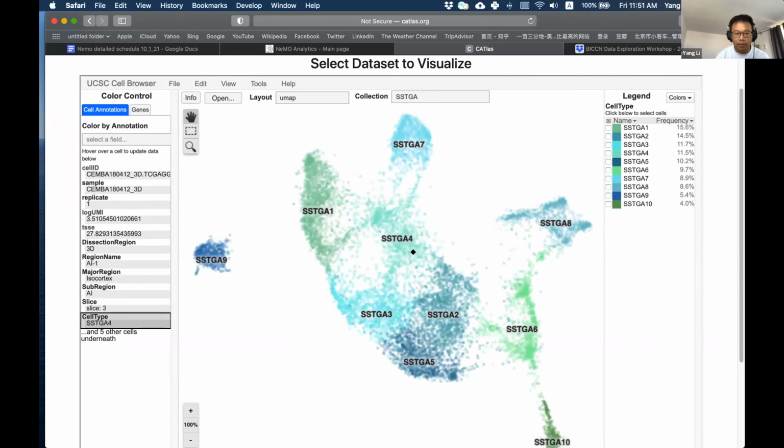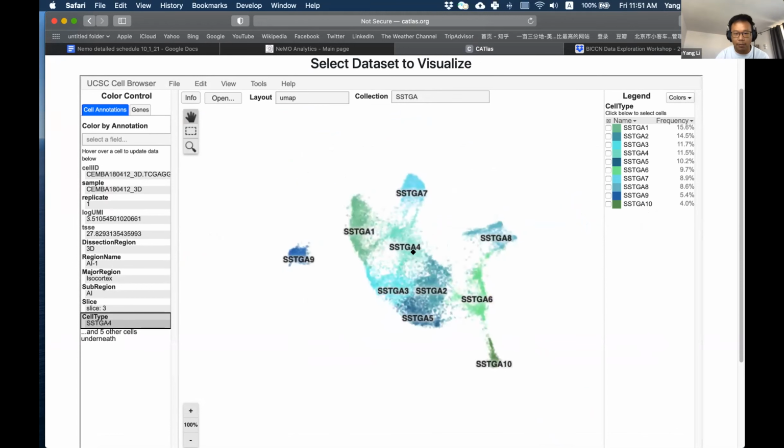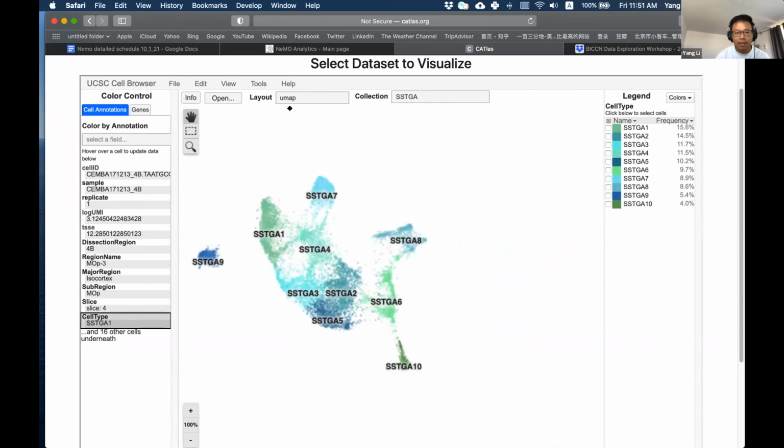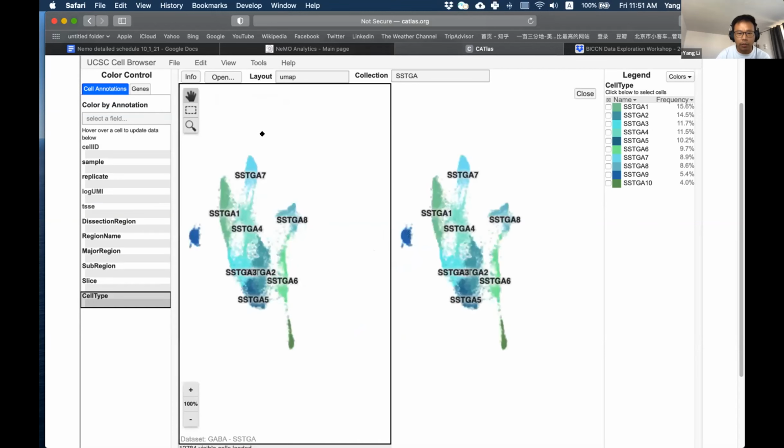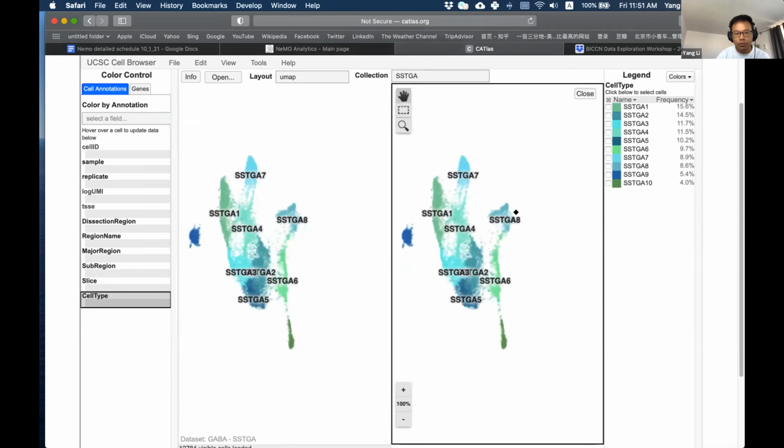And here, those cells are colored based on the cell type annotation. And you can always show this data side by side. For example, if you click the wheel and you split the wheel, then you have two browsers.